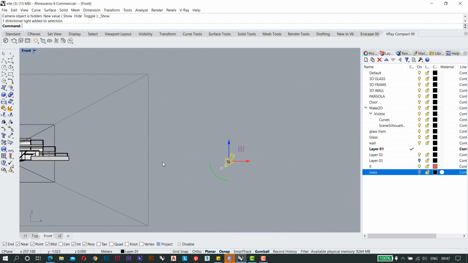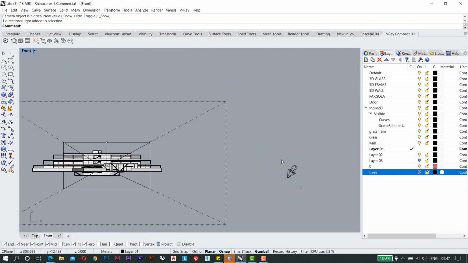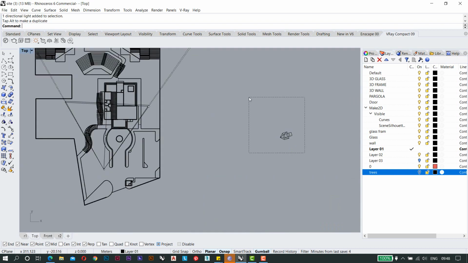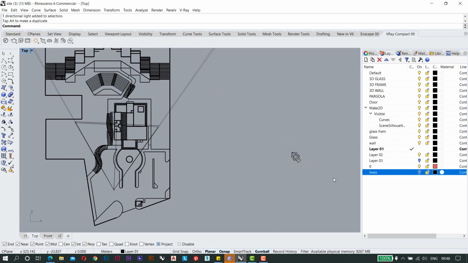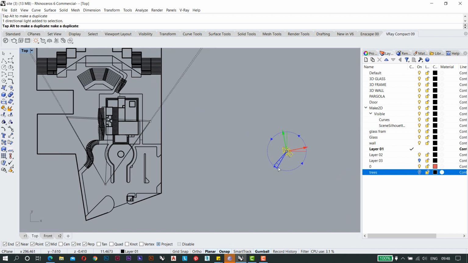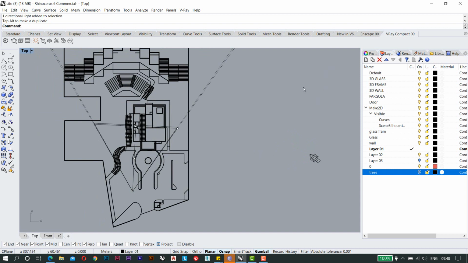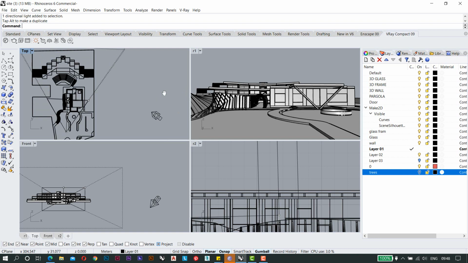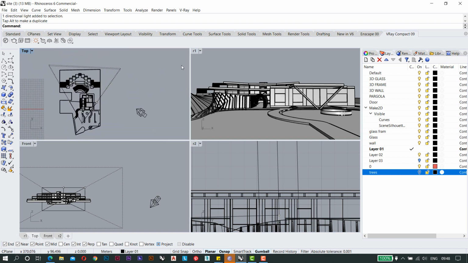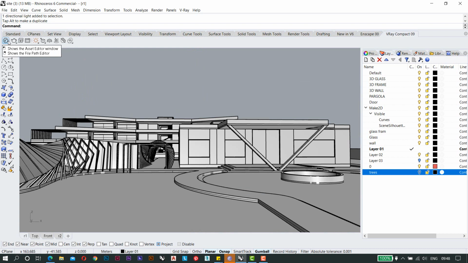So I need to set my direction. So right now it will be something like this, and it has to be something like this, because always the light should come from the back of the camera or probably a bit perpendicular, but not from the front of the camera. It has to be from the back of the camera. So once this light is set, this is the sunlight that we have set right now, and we will click on the render button then.